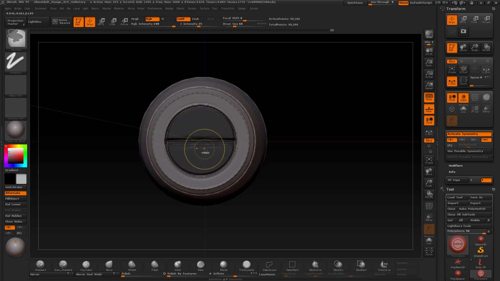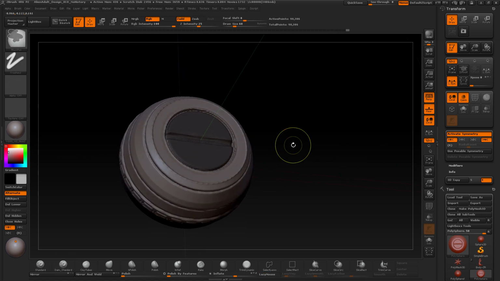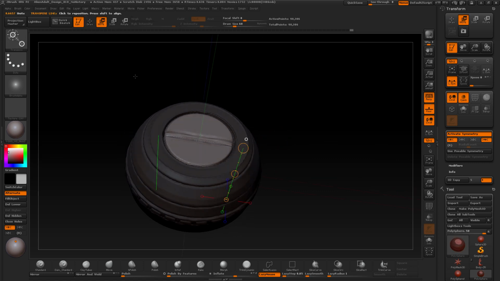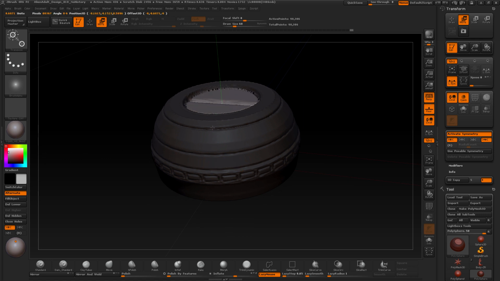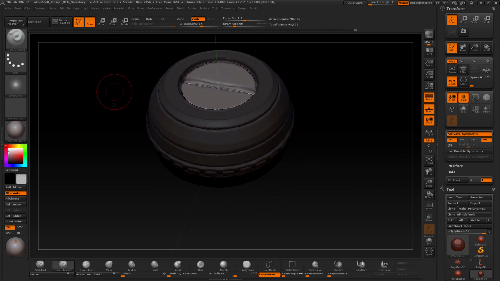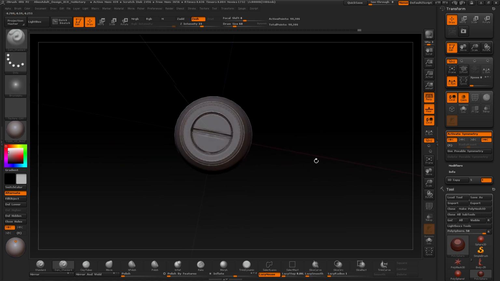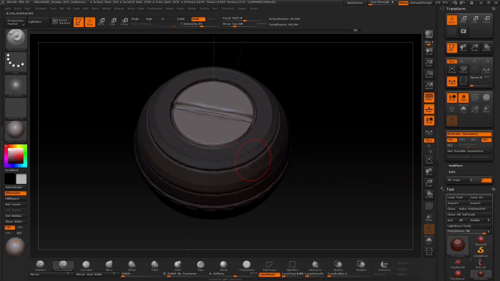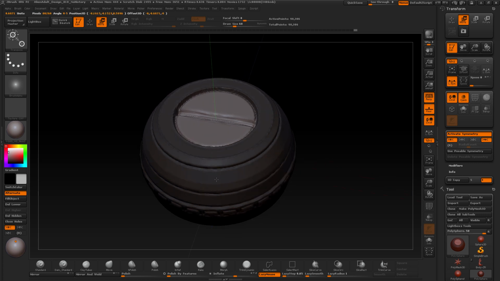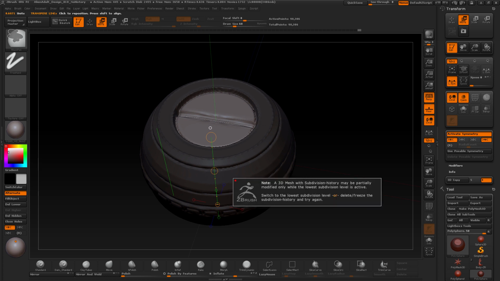a bit more, and if I hold down Control and Alt and click on the mask, I can sharpen it, and I'll inverse that and then put on the move, the transpose tool, and then we've already got that line established. If not, you can just click and drag out holding down Shift, and I'm going to use this middle circle thing right here like that and drag that down. It looks like it was tearing out the mesh a little bit, so I'm just holding Control and clicking on the mask and I'll smooth it, and I can put it back on the move tool and push that down just a little bit, and I'll deselect,